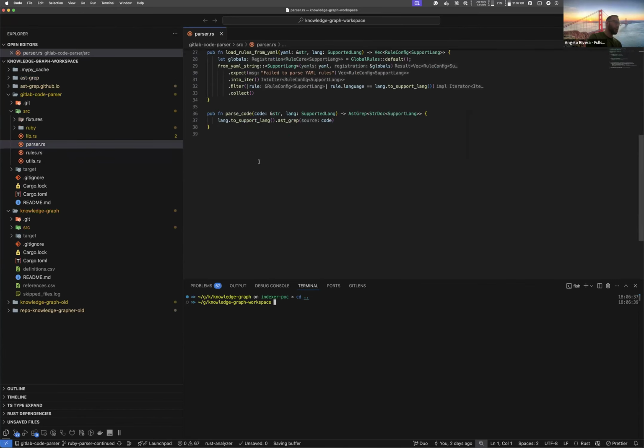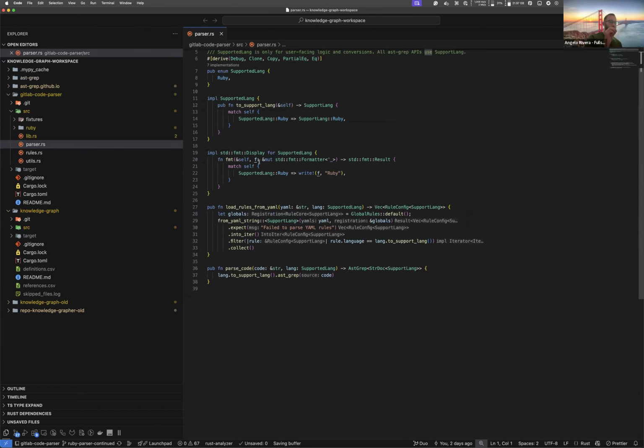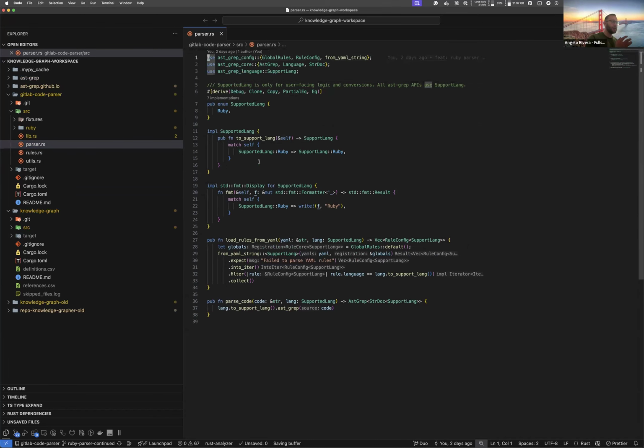So the whole point of the library is to use AST grep programmatically, right? And so I wanted to understand what the AST grep API looks like and what we can do, how advanced we can get it, and what it offers us. And it offers us actually way more than I initially thought it would. So AST grep essentially is, like I said, a wrapper around tree sitter. So if you want to access the direct AST that tree sitter parsed, you can access that directly and iterate over that tree just like you would if you were importing the tree sitter